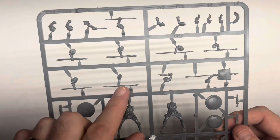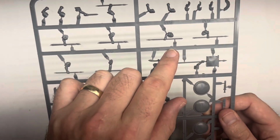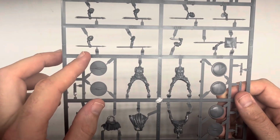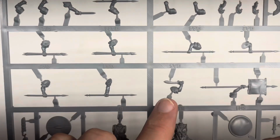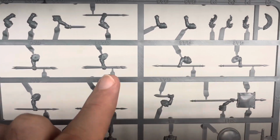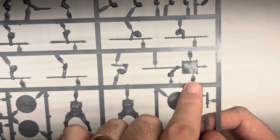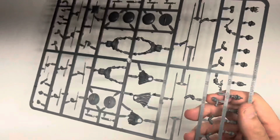And on the other side, you've got these shorter, javelin style arms for the Greek heavy cavalry, because that's how they would have been equipped. Just with some javelins, throwing spears. And again, excellent sculpting quality on these. And then a nice standard bit here, if you want to make a command for these guys. And then if I flip it back over,